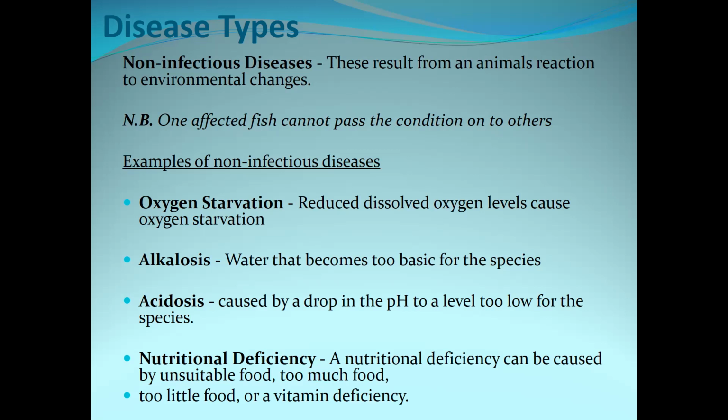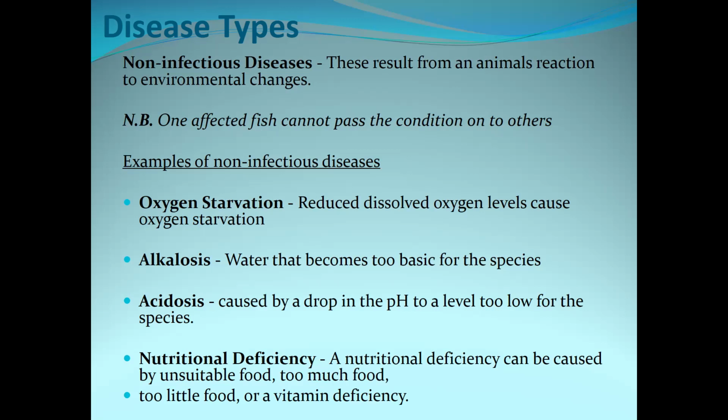Those are the names given when the water quality goes too basic or alkaline for the species on the extreme end, or too acidic for the species on the lower end, right? Too rapid of a pH increase or decrease could cause alkalosis or acidosis. This is one of the reasons why it's very important that we match these water quality conditions. If you're wondering why fish from the river might not do well, the different conditions sometimes could cause a sudden